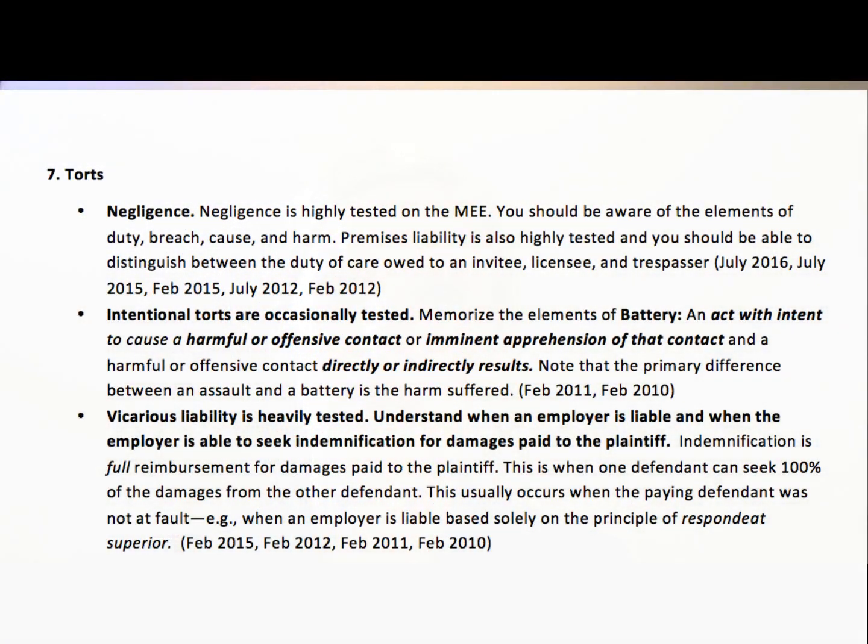Torts is the next subject. Torts is on the bottom of Tier 2, but it's definitely fair game for the MEE. Torts tends to test negligence, and this is actually trickier than some people initially think it is, so I'd make sure that you're well versed in negligence on the MEE. And look back at some of these questions, you'll see it's actually trickier than people think. It's also helpful to be well versed in negligence because negligence will be 12 to 13 questions on the multi-state bar exam. That's a good chunk of your multi-state bar exam score. So you want to be well versed in negligence for the MBE portion of the bar exam.